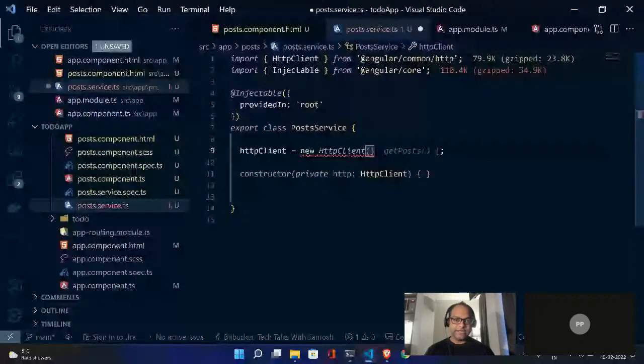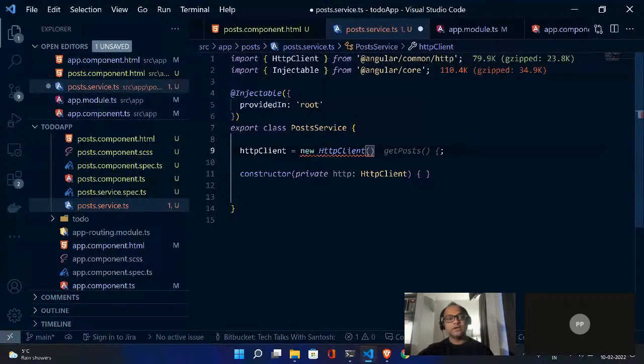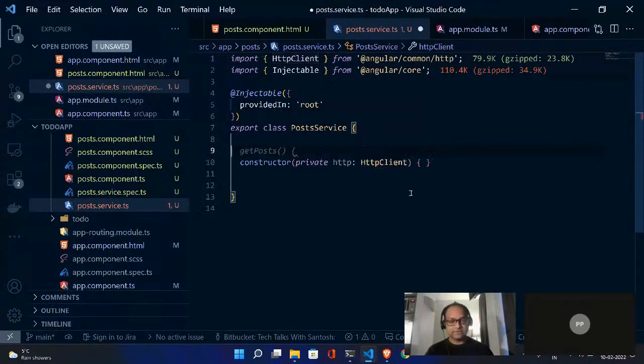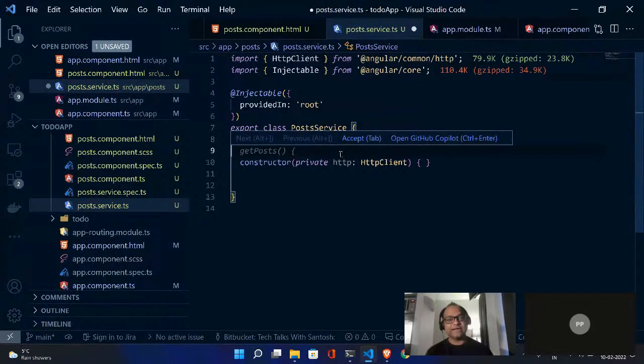There is a downside to it. What in case I create a new instance for HTTP and tomorrow they change the definition, change the signature of this particular service or this particular class? I'll be responsible for changing the entire code base to make sure that my signature is now compatible with the new changes. What in case I say you don't have to worry in case someone changes the signature or in case someone adds a new method? Dependency injection for you.